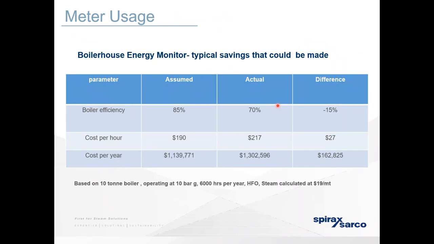Some figures here: boiler efficiency. If you assume your boiler is running 85% efficient, but it's actually 70%, you've got a difference of 15% there. Cost per hour, let's say it's $190 per hour. The actual value, because of the difference between these two, is $217, giving you a $27 difference. So the cost per year, as you can see, is normally just